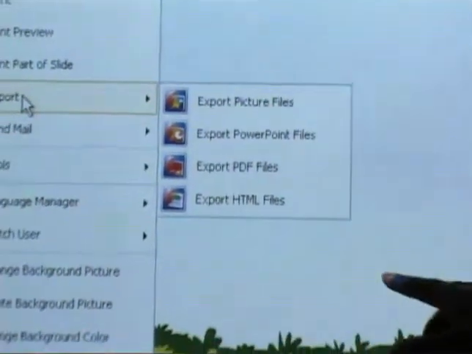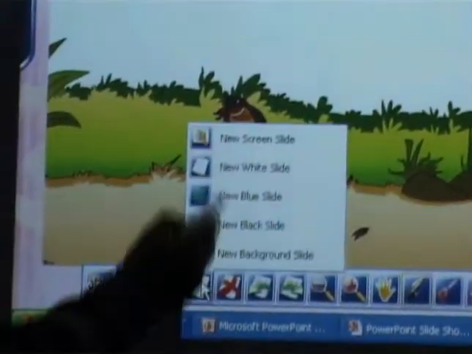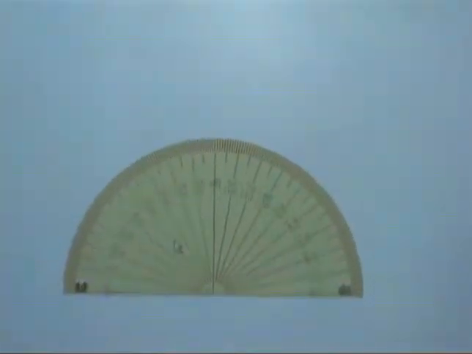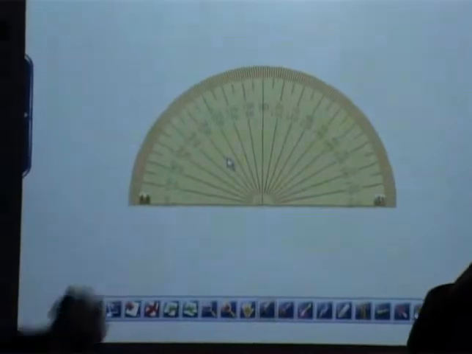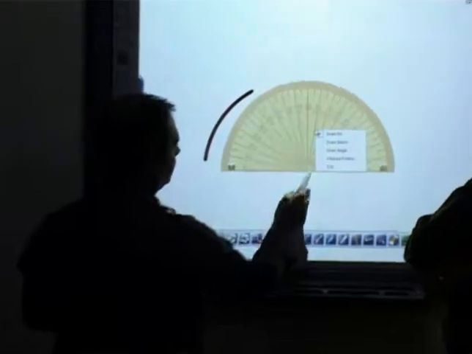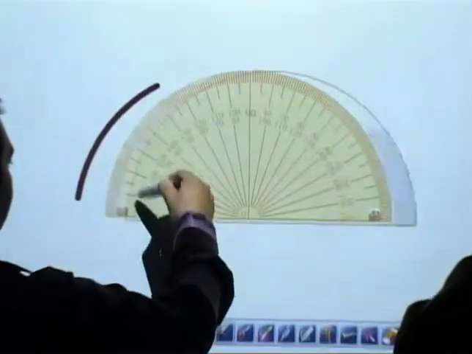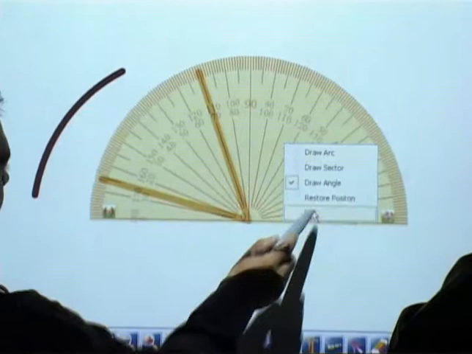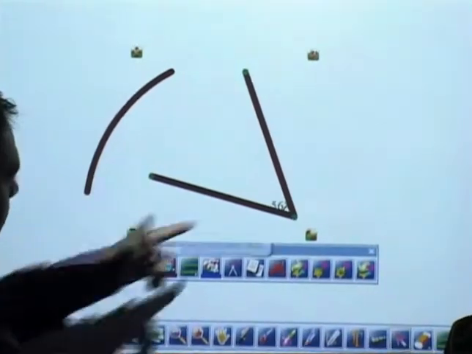What is that protractor there? I have just seen that protractor. Okay, the protractor is this one. See, our board can be used in teaching classes also, and there are lots of geometrical tools like protractor, scale, compass. This one is the protractor. If you want to draw an angle or a shape, we can select draw angle. See, you can make an angle. And if you want to change the angle, just select it, and you can see the measurement also.